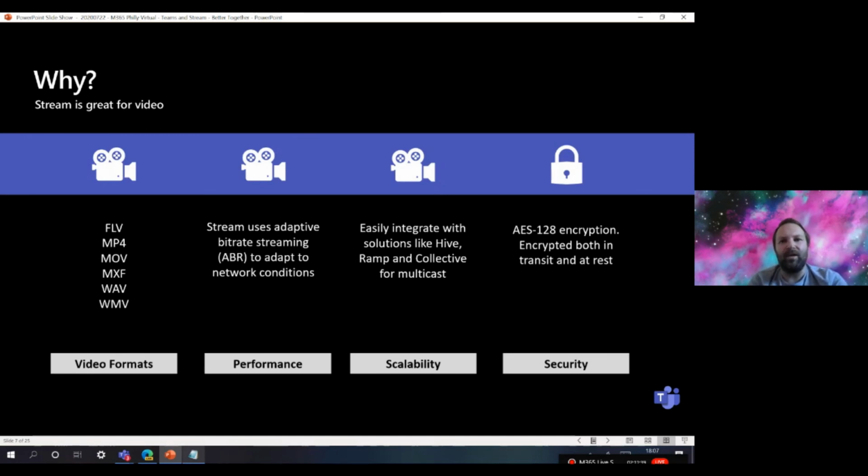Your videos are secure, and it's not just about the encryption, it's also about all of the other security measures within Microsoft 365 that you're enabling, things like multi-factor authentication, conditional access, and using Intune on your devices when using the Stream application. By using Stream, by using Microsoft 365, you can bring all the security measures from Microsoft 365 down onto Microsoft Stream.